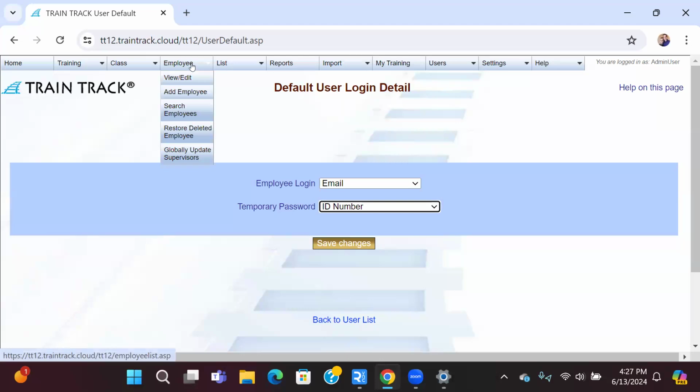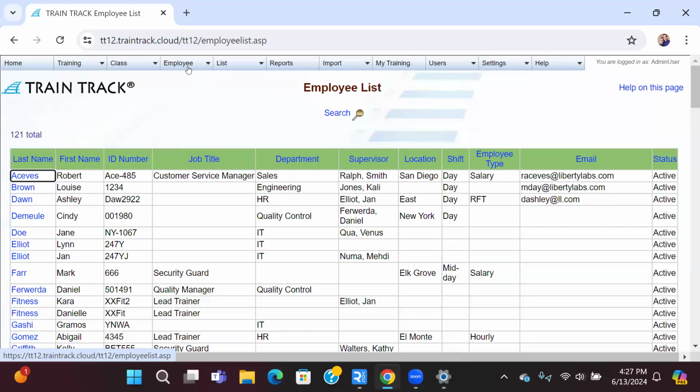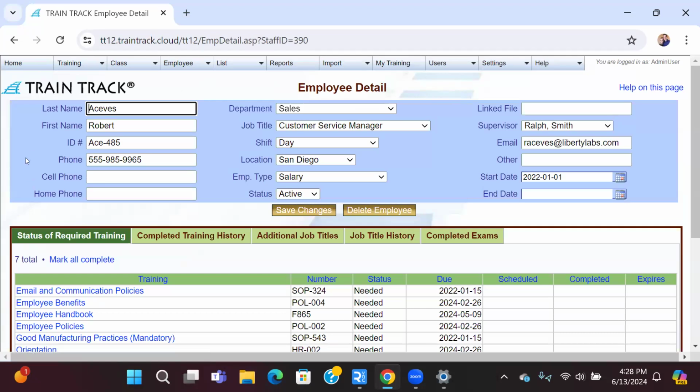If you need to edit employee data, you can simply go back to your employee list by either clicking on the Employee tab or hovering over it and selecting View Add. You can click on the last name of the employee to open the employee detail screen and make any changes that you would like. You can make any changes that are needed, and then don't forget to click the Save Changes button at the bottom. To delete an employee record, simply press the Delete Employee button,